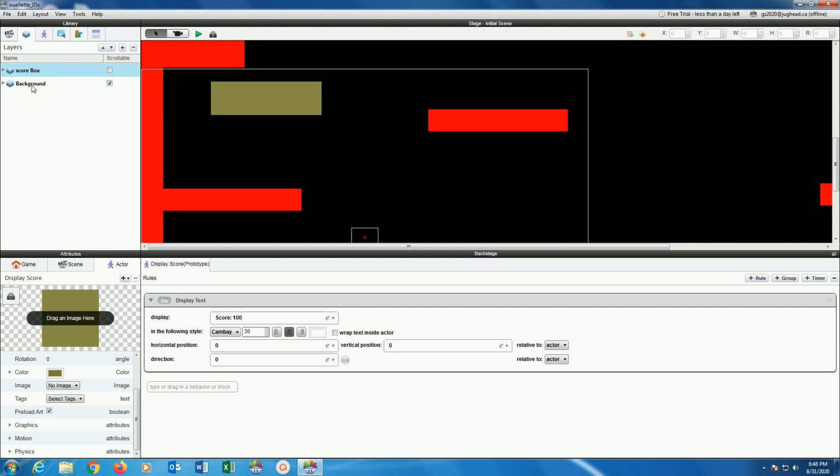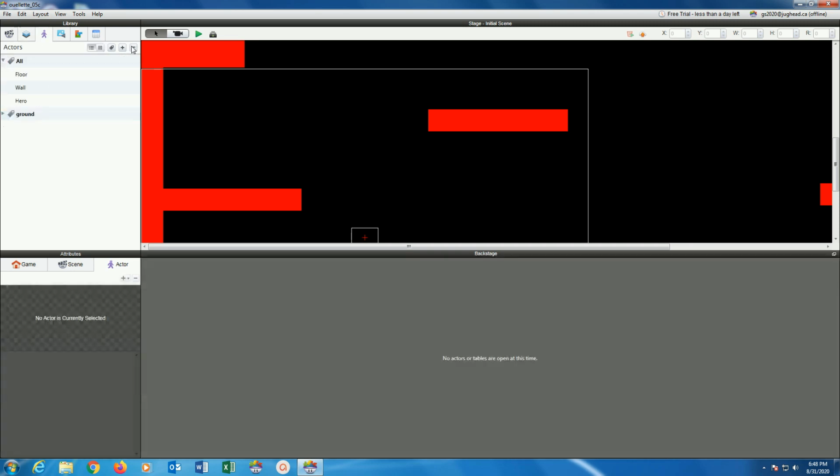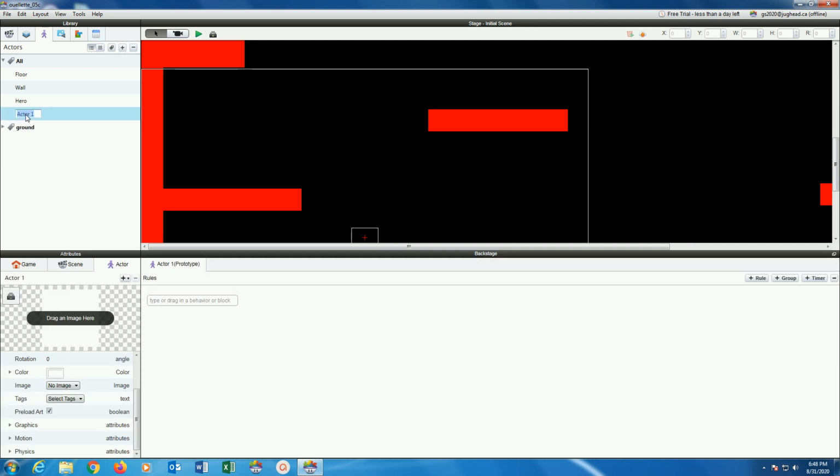Okay, so I'm actually going to delete this whole thing. I'm going to delete the layer. And I'll go to my actor and I'll delete the actor. And I'll just quickly demonstrate this from scratch. So here we go. Create a new actor. I will give it a name. Display